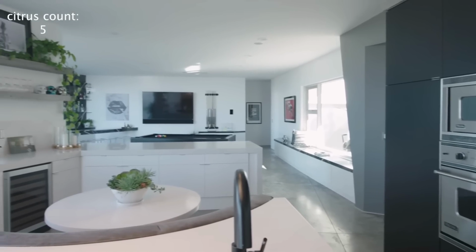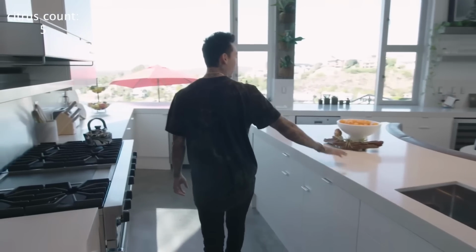Right here we got the kitchen, white quartz on the counters. I wanted to do marble, but my mom...